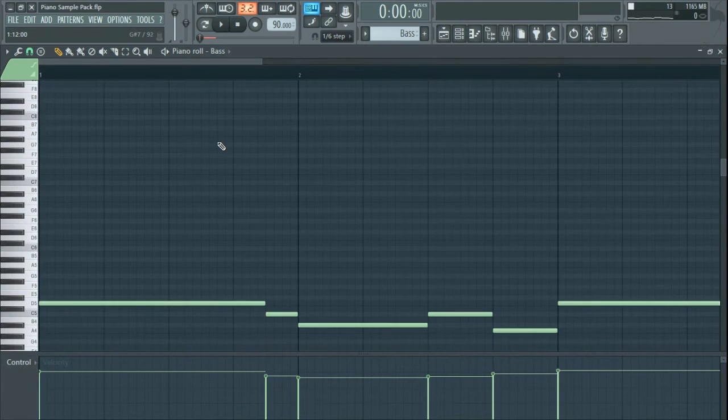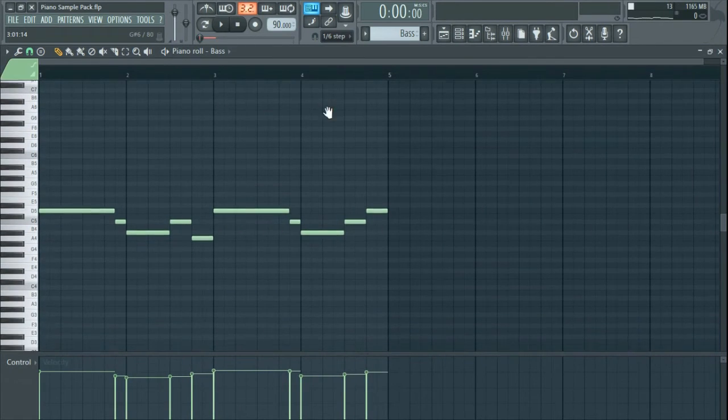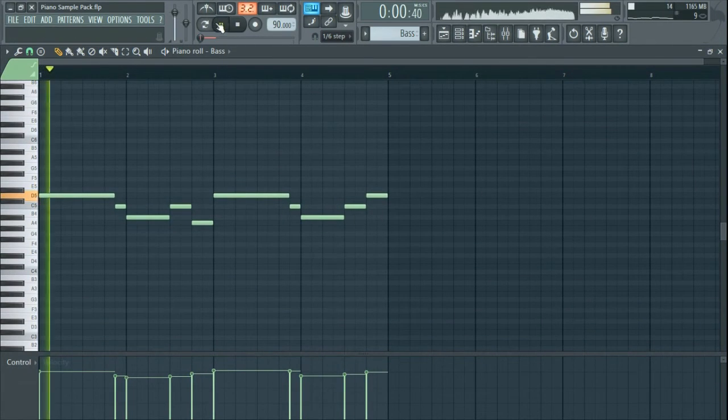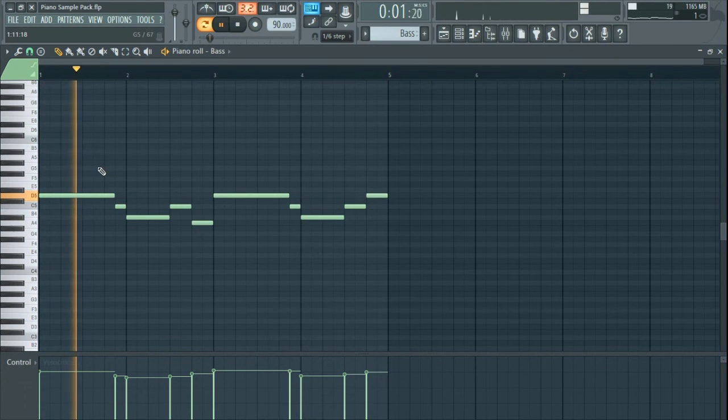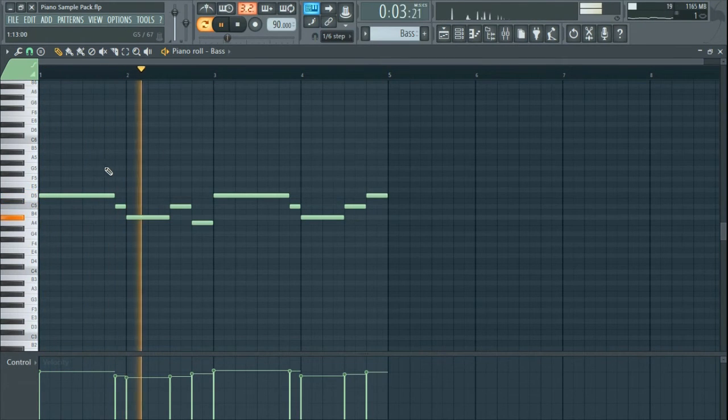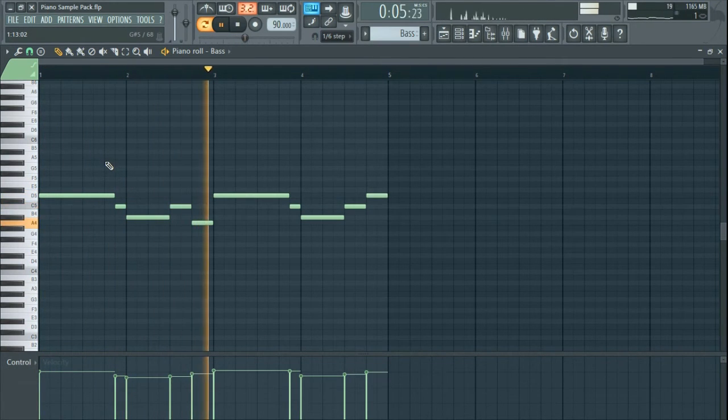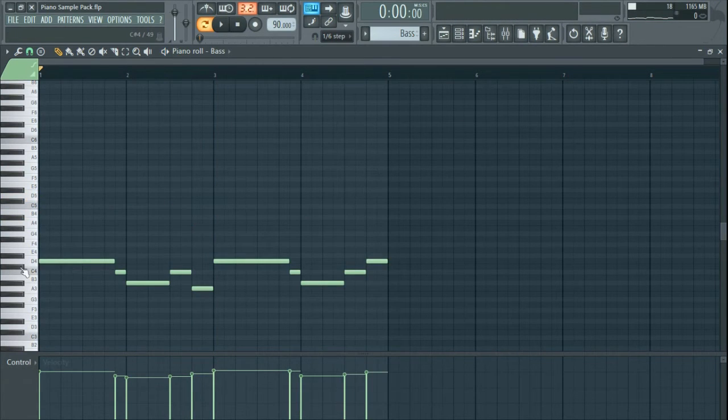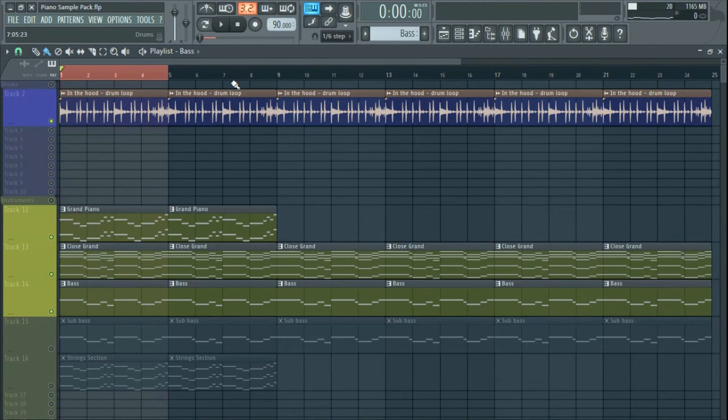But I was messing around with the notes. And I first tried it like this, with the lower octave. So let's see in the context of the song.